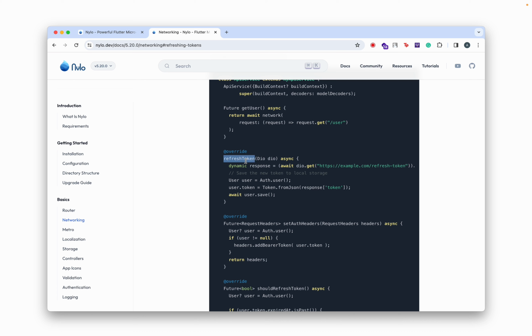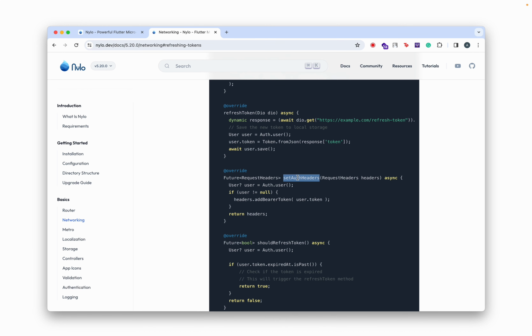So we have the refresh token method, and inside this you just need to implement essentially obtaining a new token. So here you can see in the example we're getting the token like this and then just saving it onto the user model. And then we have the set auth headers. So here what you're going to do is implement actually storing the token on the headers, so this will authenticate